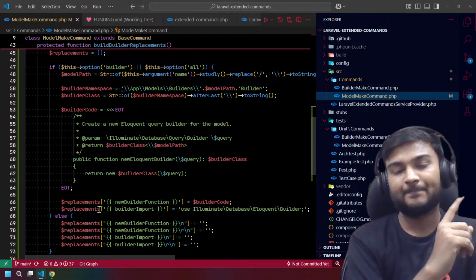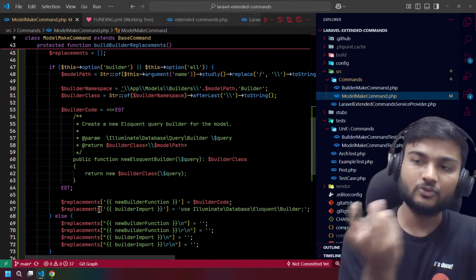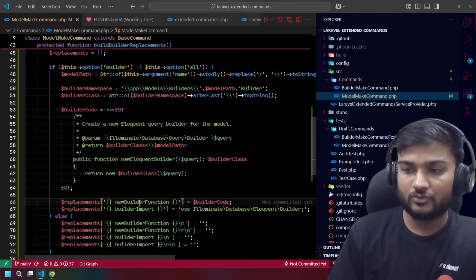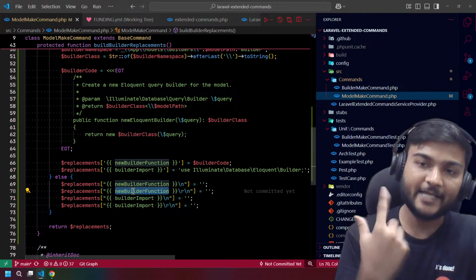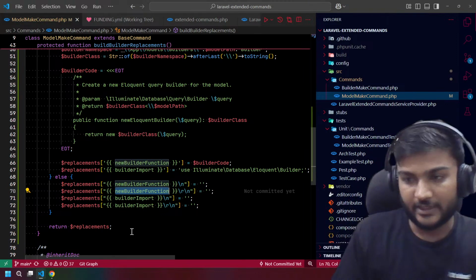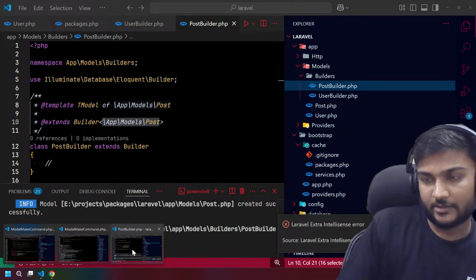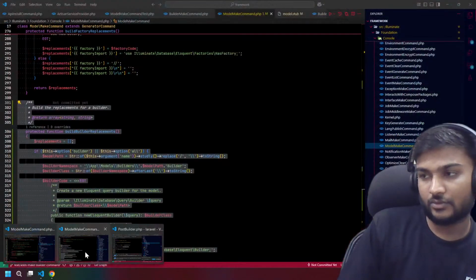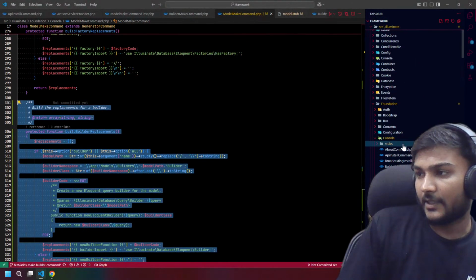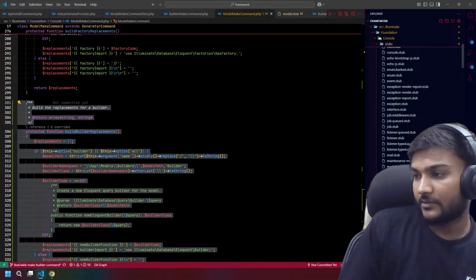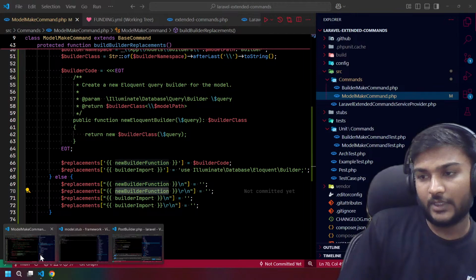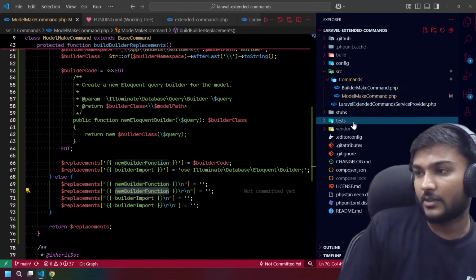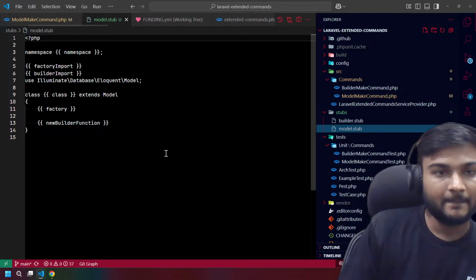First, whenever we do such a thing, we need to add this thing into the stub, right? So we need to get the actual stuff from Laravel. Let's go, somewhere here. So we can just copy this, and we can come here and go to the stubs and paste it, right?